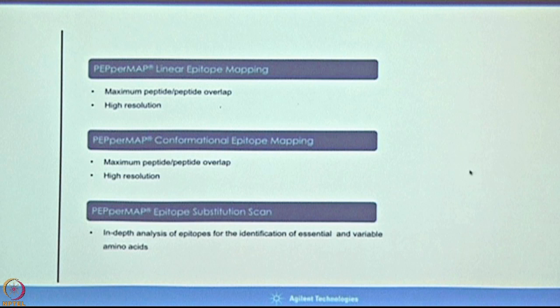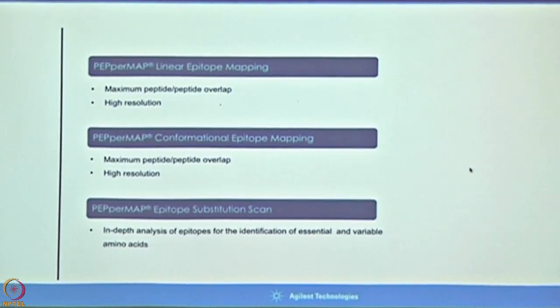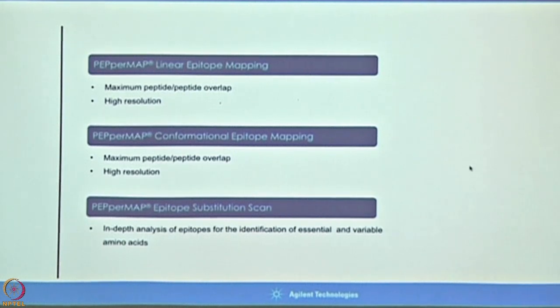So let's start with the antibody analysis. Antibody analysis means if you're making any antibodies to use, you have to know whether this is going to bind to the right epitope or not. Really important. Otherwise, you cannot make the monoclonal antibody. You cannot make any polyclonal antibody, and it has to be very specific to the target, right? This is the key selling product for PEPperPRINT.